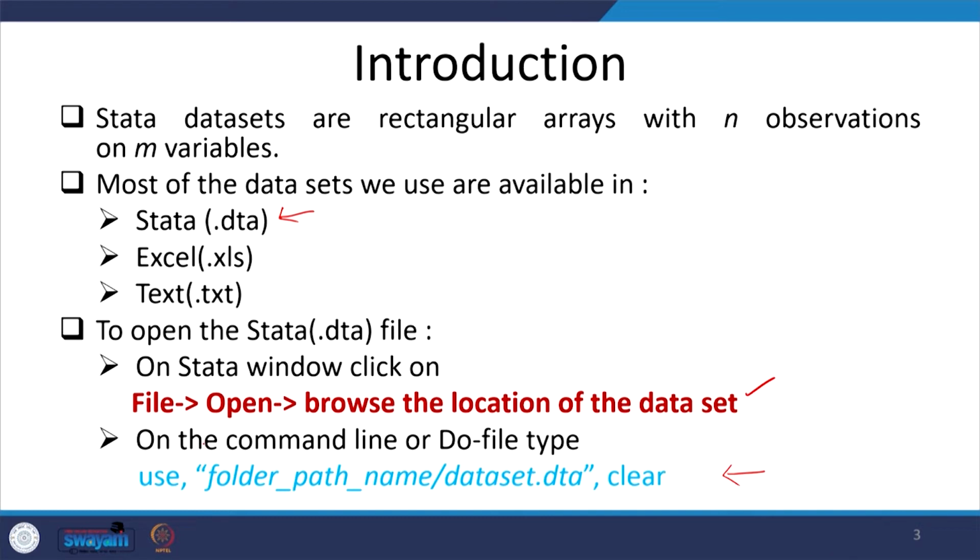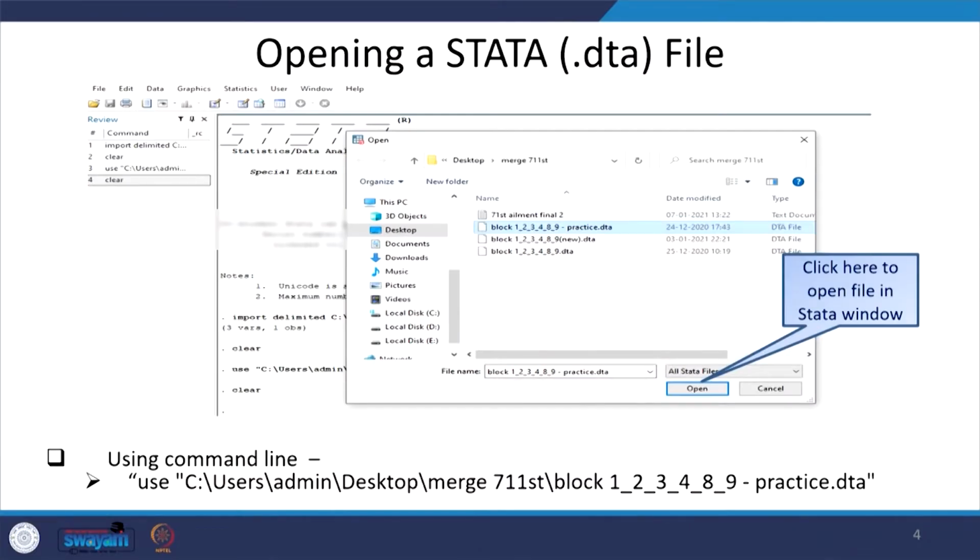The folder name should be in double inverted commas. The path name should have .dta attached, and at the end there must be a comma, then clear. That is basically clearing the earlier data in memory, and it will give you the space for the new data you want to load. Once again we are guiding how to open it. The snapshot of this is here: you go through File, then the Open window.